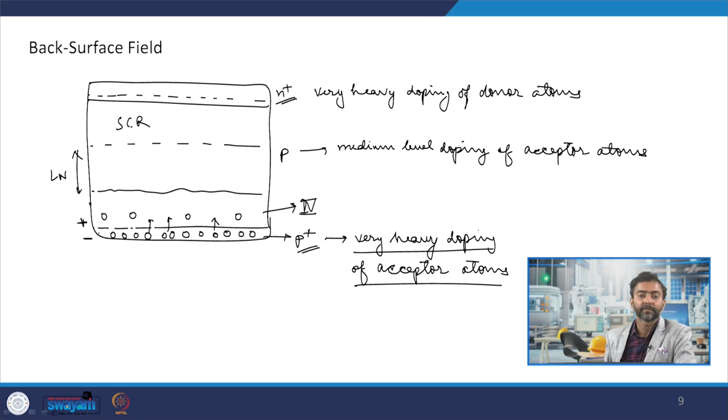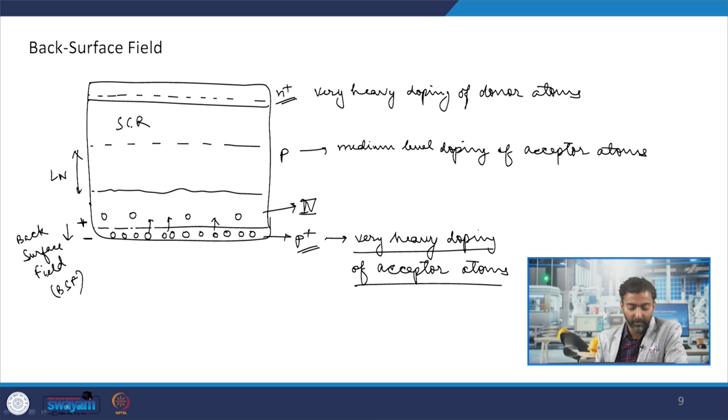And now you see this thing here, again there is a field known as the back surface field. So we are calling this the back surface field, in short, BSF. I will come to that acronym in a while. Now you have created one field at the bottom of the solar cell also. Now the interesting thing is that, let us say some photon gets absorbed in this fourth region of the solar cell